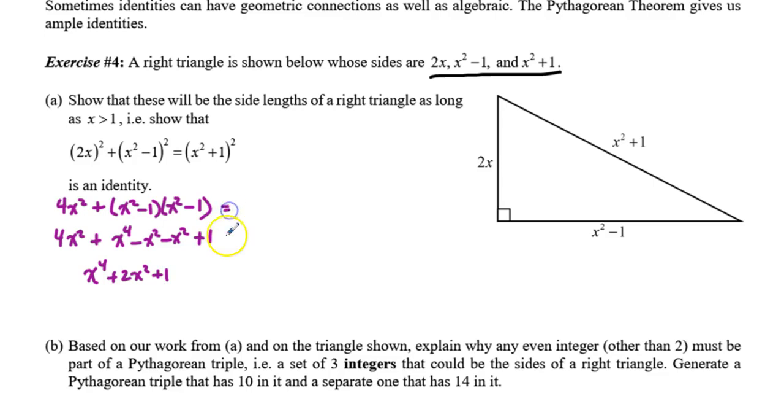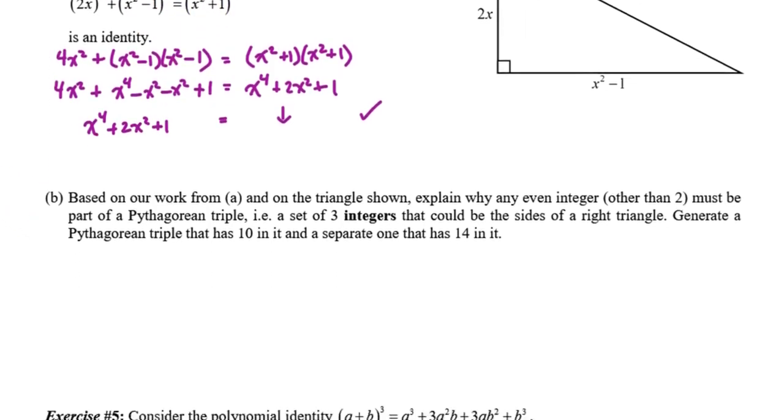Okay, so I've worked out the left side. I've simplified it the best I can. Now what I need to do is simplify the right side. So again, I'm going to write it twice. Okay, I'm going to distribute this out. And lo and behold, it is the same. x to the fourth, plus 2x squared, plus 1. So we've shown that as long as x is greater than 1, these two sides are equal for any value